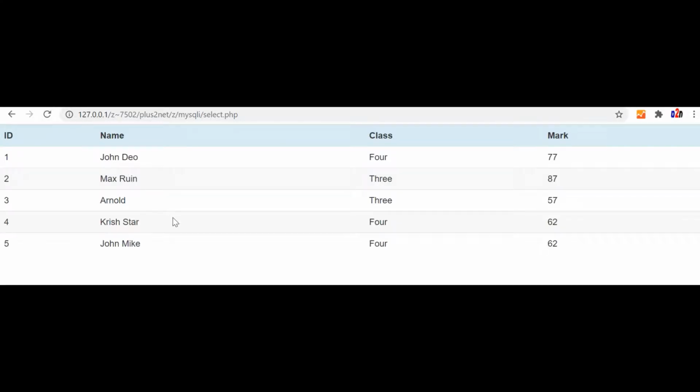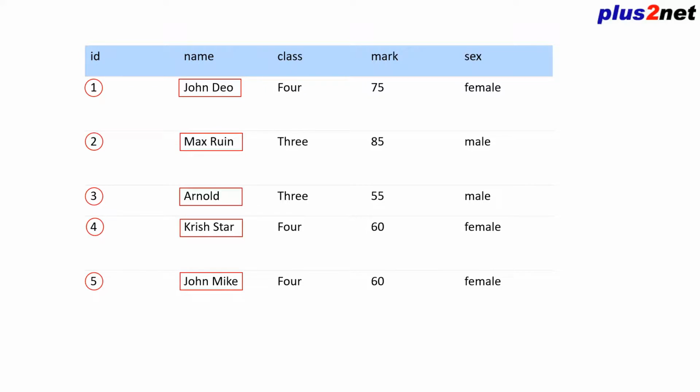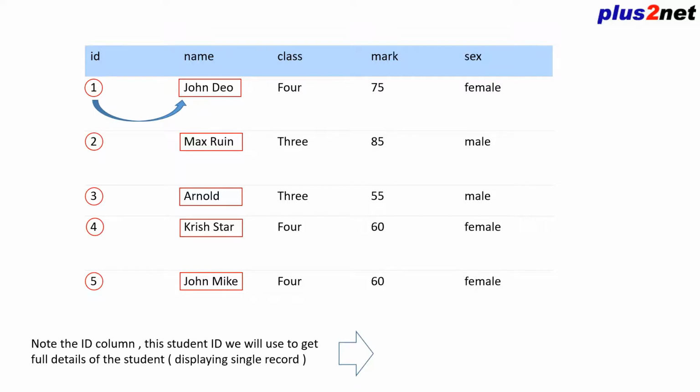Fine. Now this is how the data comes out. We have just written code to display this table for us. Now let us see that each record has a unique ID and also a name field. Connecting this ID with the name field will create a hyperlink, so the user can take the unique ID of the record to further display the full details of the particular record. So we will use these two to create a URL, or a hyperlink.